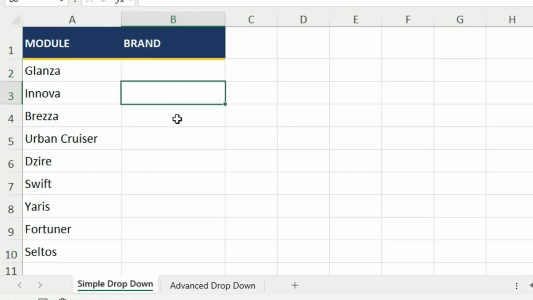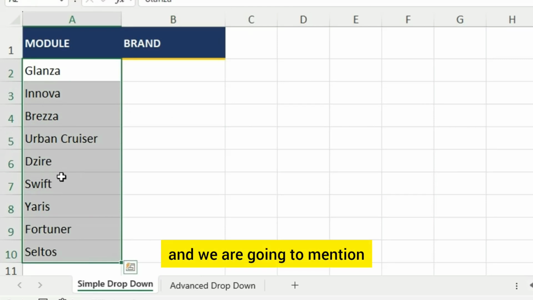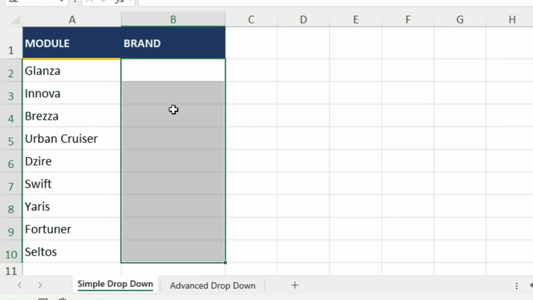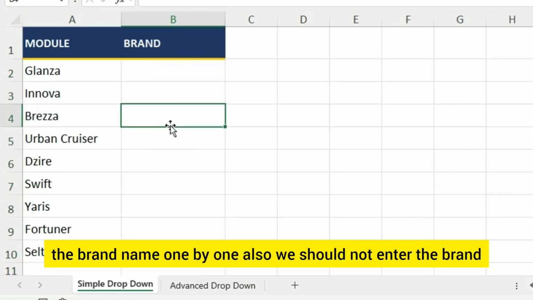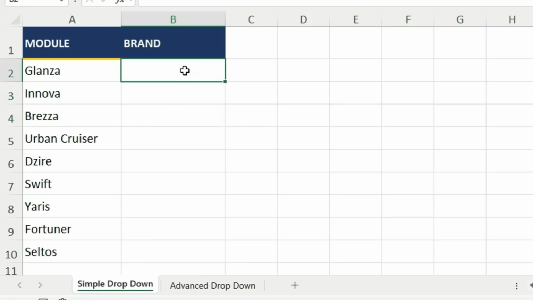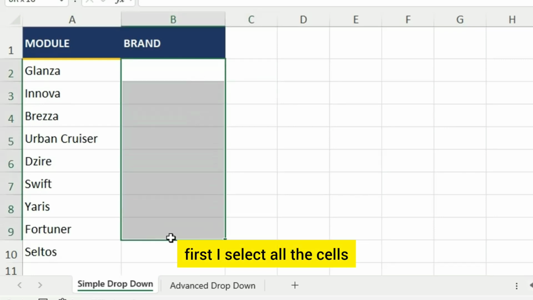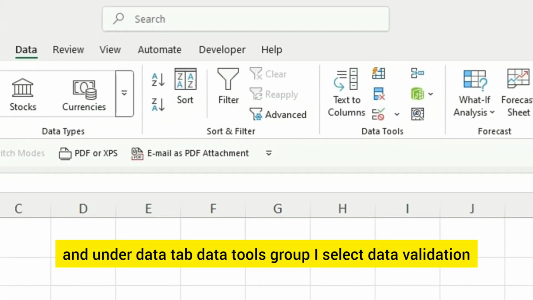So, here we have many car models and we are going to mention the brand name for each model here. Instead of typing the brand name one by one, also we should not enter the brand which is not available in the list. So, here we use drop down list. First I select all the cells and under Data tab, Data Tools group, I select Data Validation,